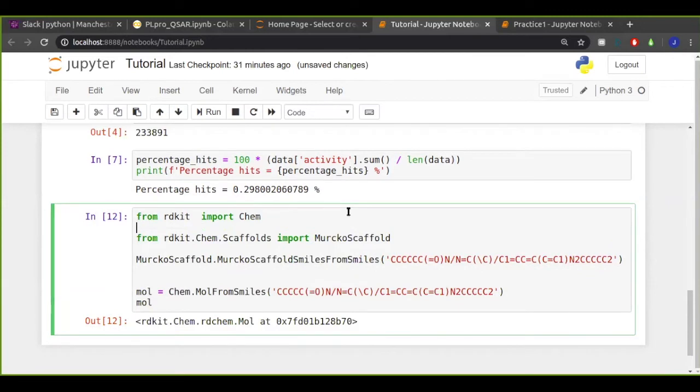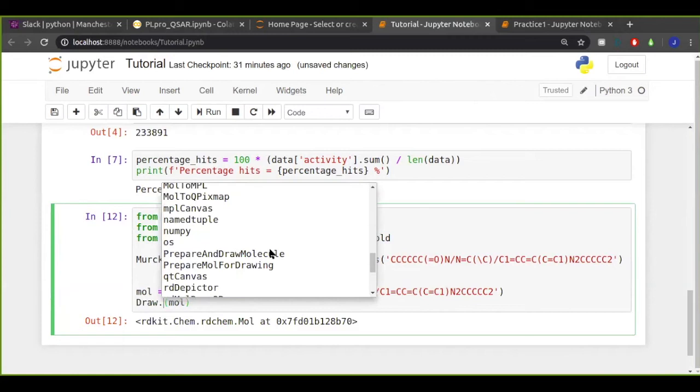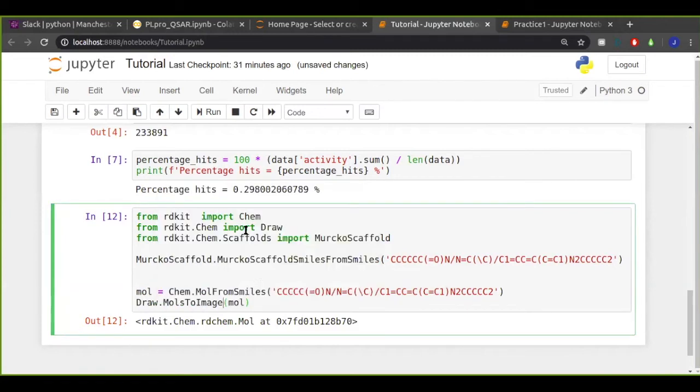I was hoping that it would automatically render in the cell underneath, but it hasn't. So I'm going to import from rdkit.chem import draw and call one of the draw functions on that molecule. Multi-image, let's try that.